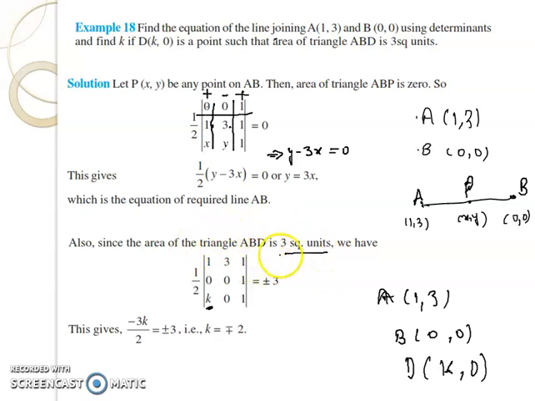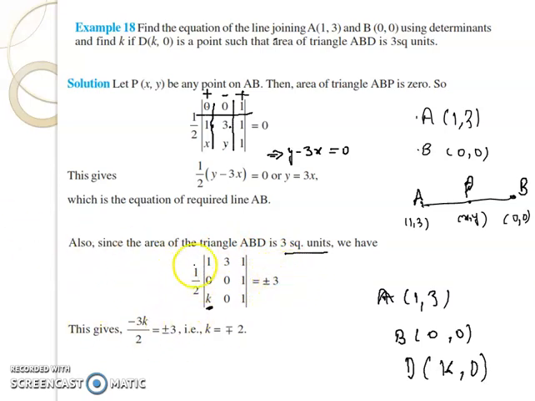If the area of the triangle is 3, you write 3 square units. If the area of the triangle is minus 3, even then you write 3 square units in magnitude. That means when the area of the triangle was calculated, the answer could be plus 3 or minus 3, but it is given to us always as 3 square units. So we will be taking both the possibilities, that the area of triangle ABD is plus minus 3.